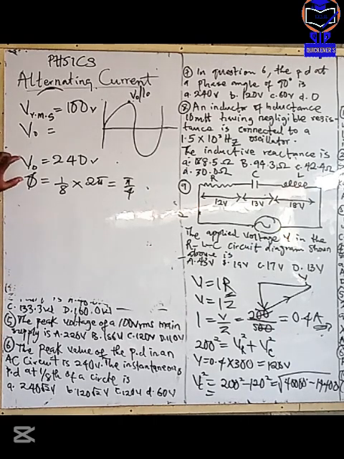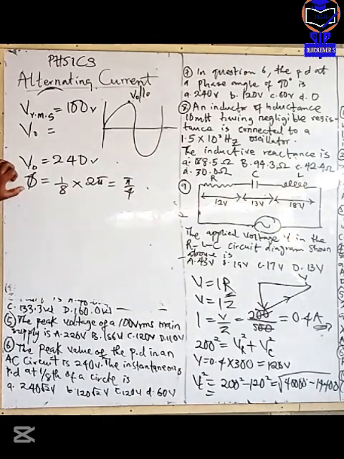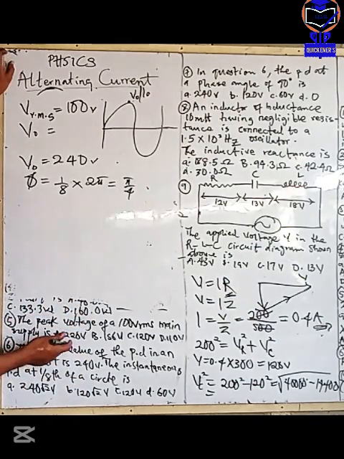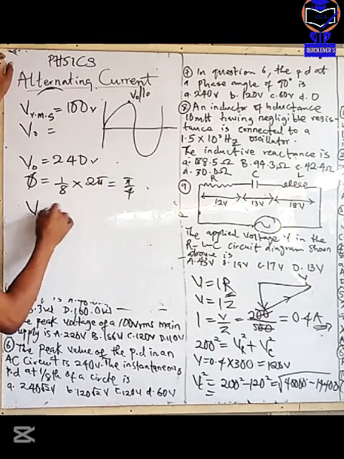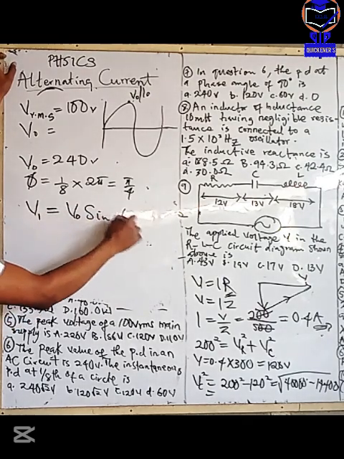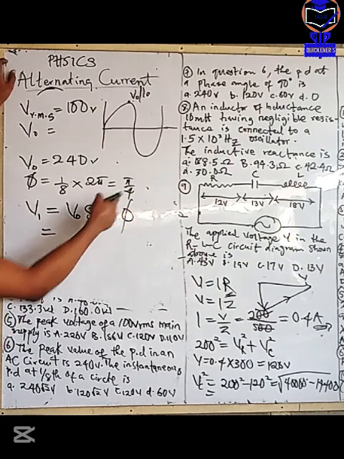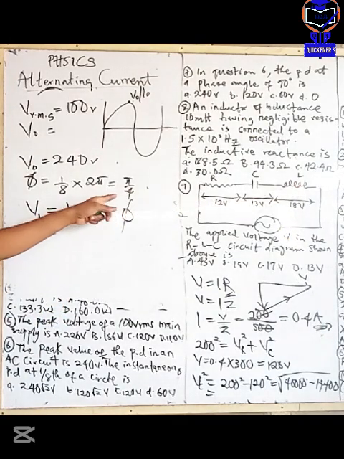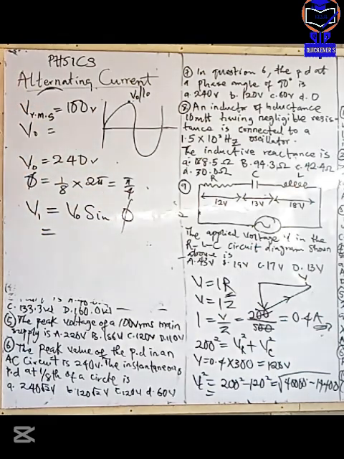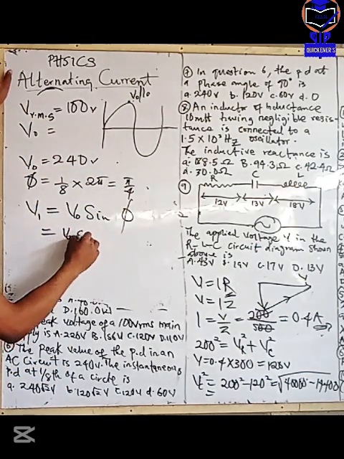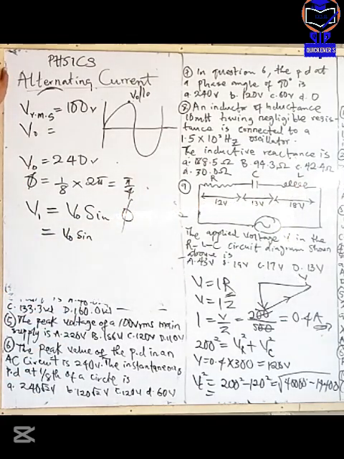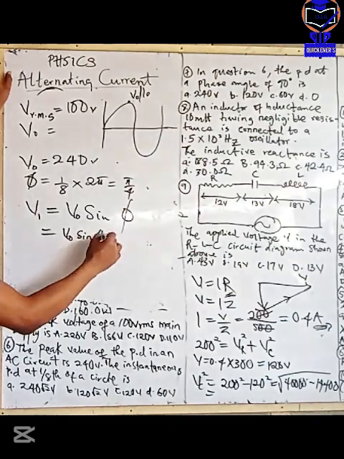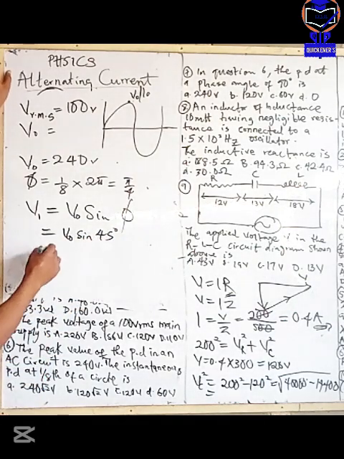so what would be the PD at this instantaneous voltage? Let's say Vi is equal to V naught sine phi. So the angle of the phasor, the phase angle, is what? Pi over 4, right? So that's V naught sine pi over 4, and pi over 4 is like 180 divided by 4. That's 45 degrees, isn't that? Yes. Alright, sine 45